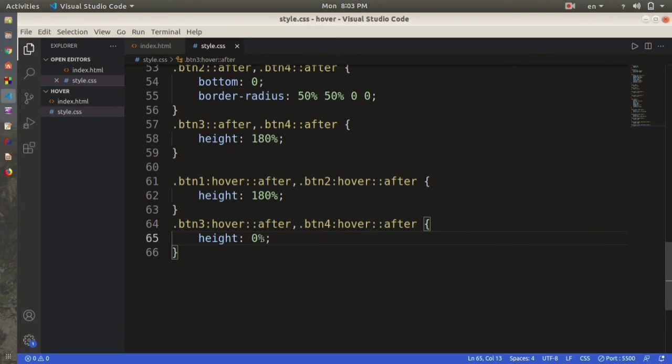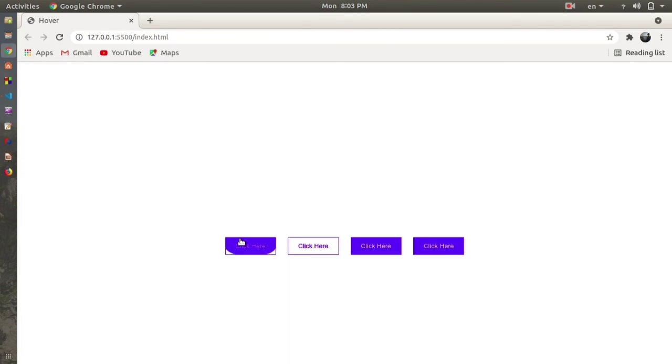Now everything's fine. Let's save this, and now you can see this is the main hover effect that I was exactly telling about. CSS is really very powerful. You must have to know all the things to do a lot of different things. If you know all the things, you can really get the craze out of this. This is a really beautiful hover effect you can do with